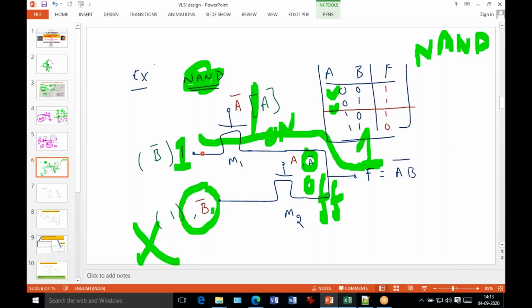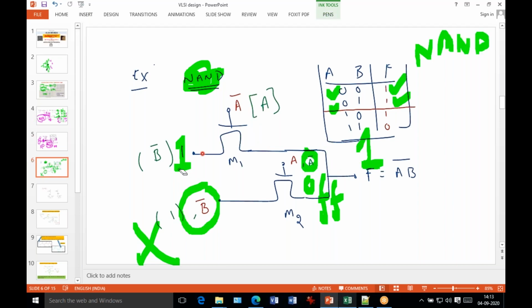In the computation, this node is not useful, because this transistor is actually off. This node is useful. So what is the input at this node? 1. So you get the logic 1. You get the output node 1 because your upper transistor is on. If this upper transistor is on, of course, your input signal is passed. So what is the input signal? 1. That means you get the output 1 always. So this is one case.